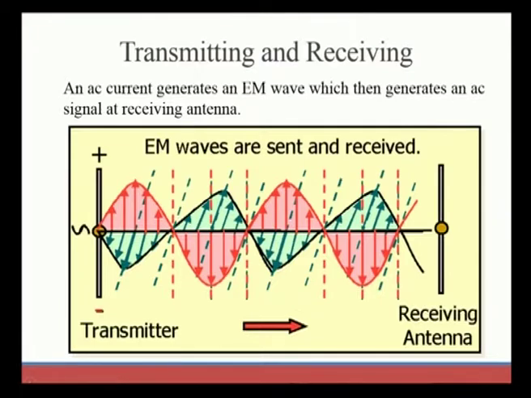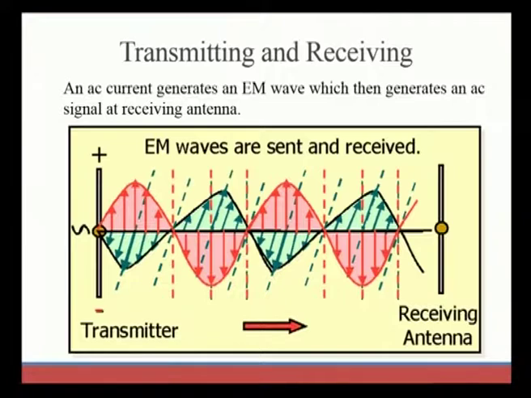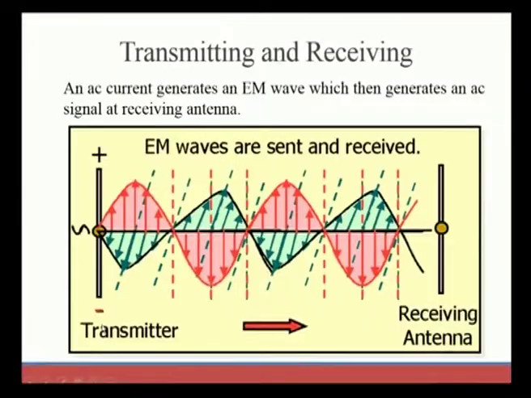So, transmitting or receiving. Here electromagnetic waves can be used in many communication devices, where they can be transmitted from the transmitter and received as the received signal like this, which can be represented in the same manner from the transmitter side to the receiving side, having electric field and magnetic field perpendicular to each other.